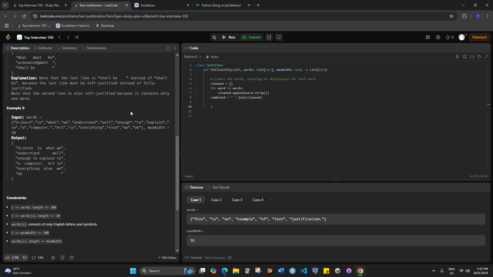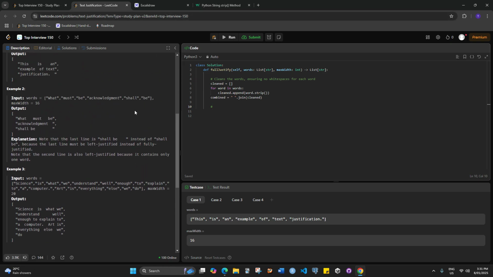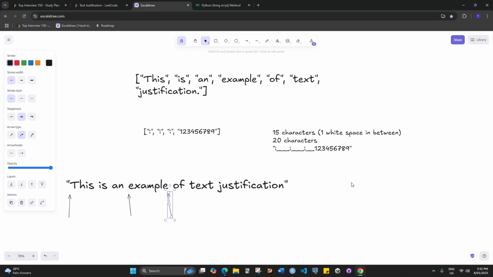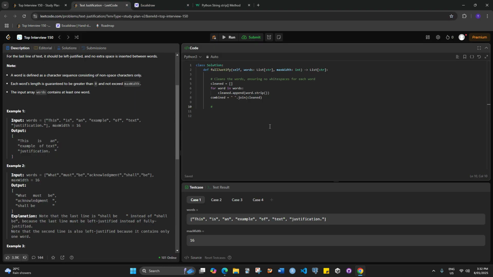It's left justified because it's the final. Oh, okay. Wow, this is actually kind of annoying to deal with. What would be the pattern we have to do? Let's just, for word in cleaned,